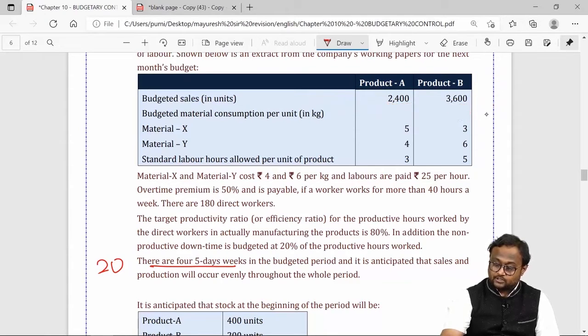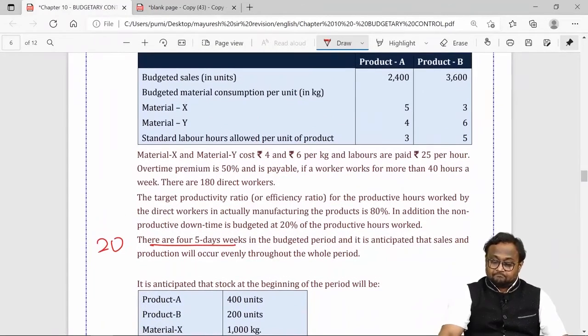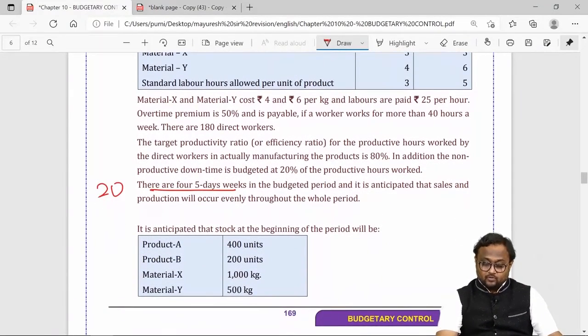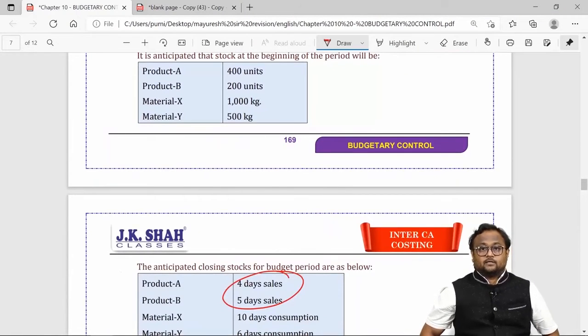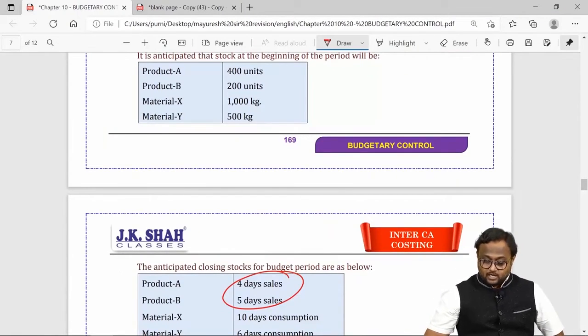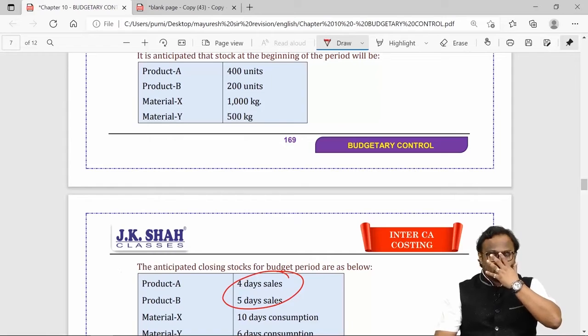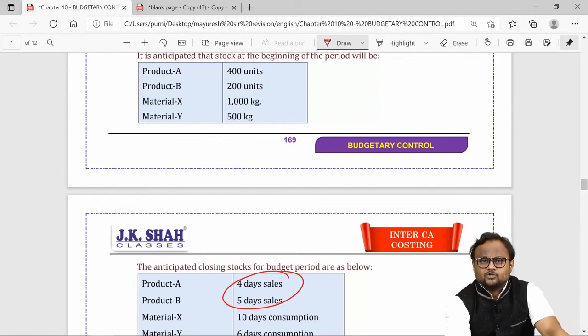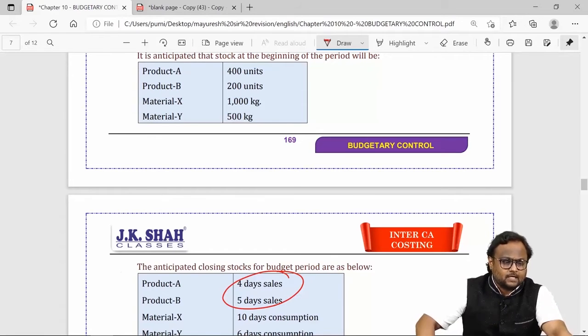You knew that sales is for 20 days. 4 days upon 20 into sales of A. 5 days upon 20 sales of B gives you closing stock. You applied that. You can see the solution. You have applied that, and you have got the answer